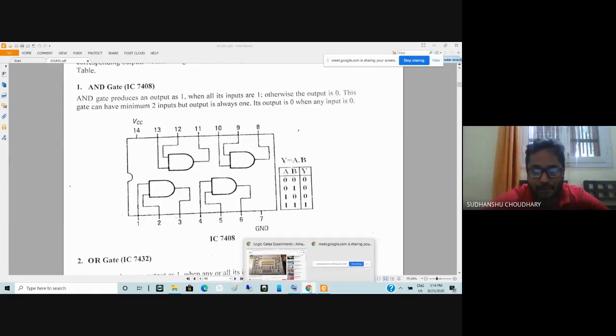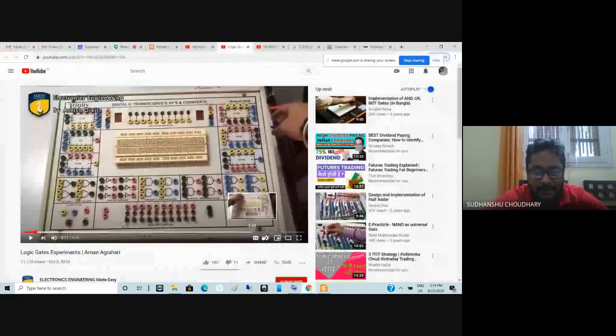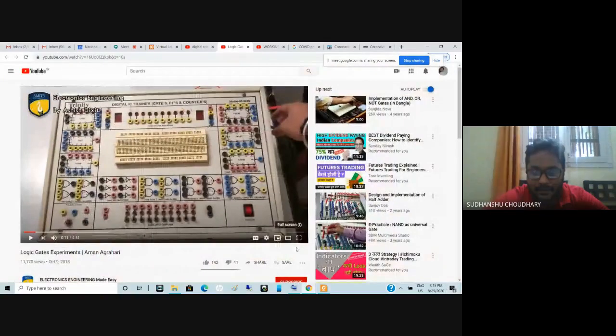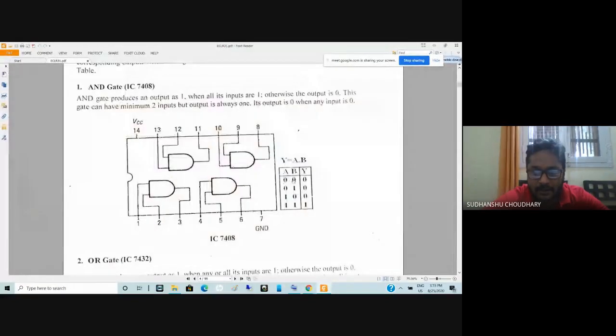Okay? I'll again show you those switches. So those switches are present here. Okay? So these switches are connected to these sockets, and from these sockets you will connect a wire to these input gates. Okay? So all the input combinations can be created, and based on these input patterns you will observe the output at pin number 3 for verifying an AND gate.